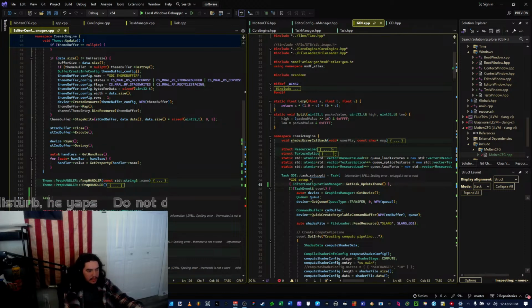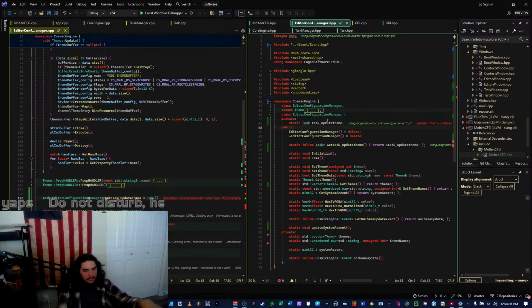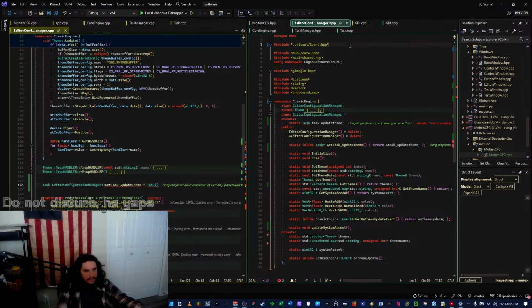Alright. Task. Editor. Configuration manager. Look at that beautifully long name. Date. Name. Oh, I'm not including task, but.